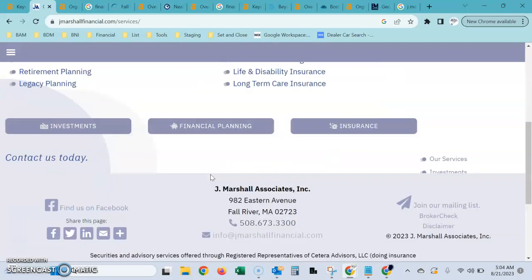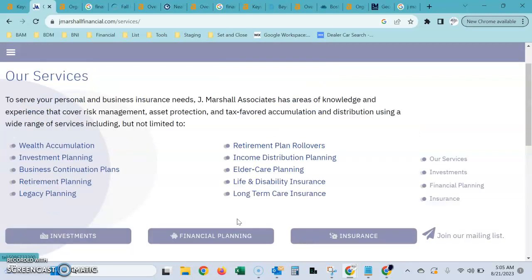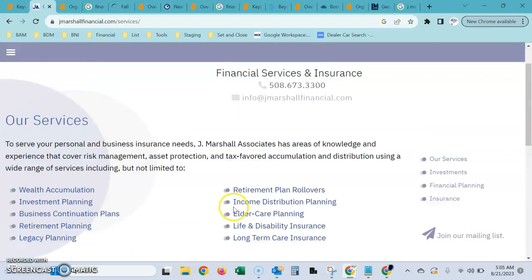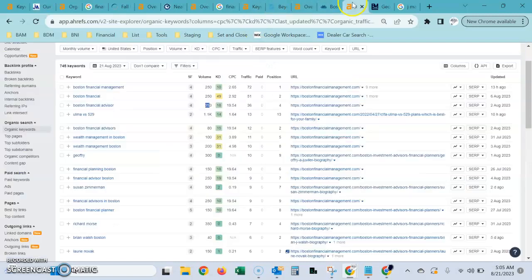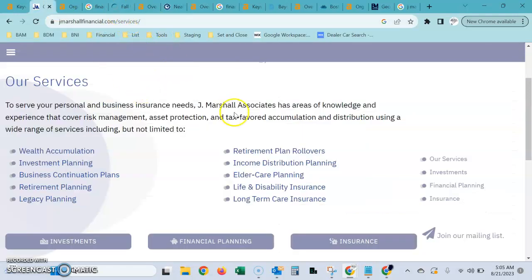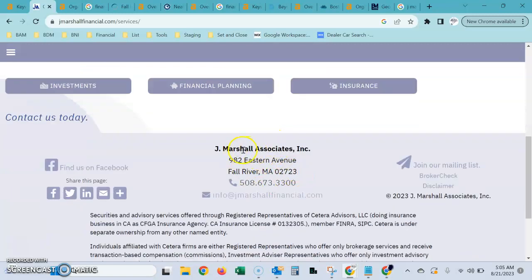Now, when it comes to ranking in specific areas, obviously Google understands that your address is in Fall River. If you wanted to have a footprint in the Boston area, very simply what we do is what's called a location landing page. We take, say, jmarshallfinancial.com/Boston, and then everything on that page would be talking about all the Boston keywords. So though your homepage might not come up for a search for Boston financial advisor, we could get your Boston location page ranking, because Google will see that everything on that page is talking about Boston. So that page will be more relevant to the search results than your homepage.